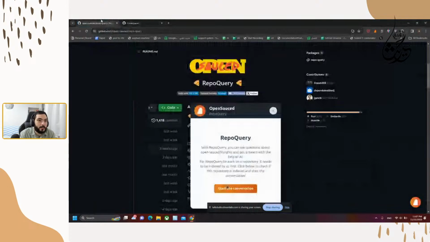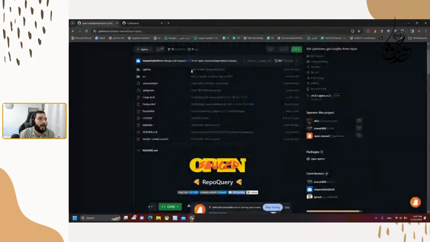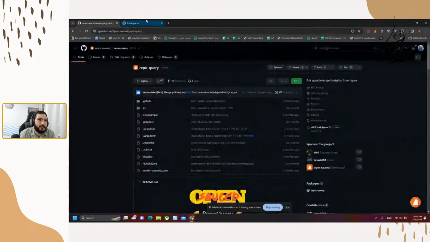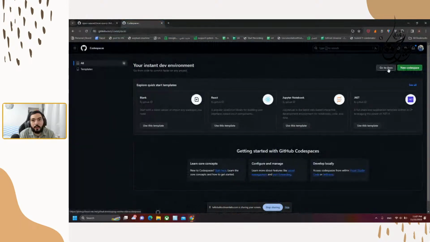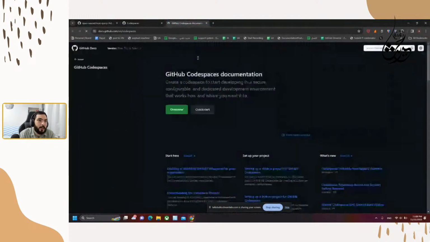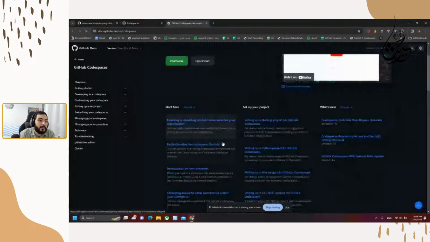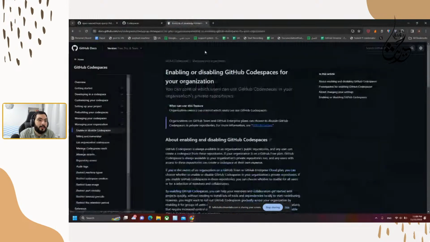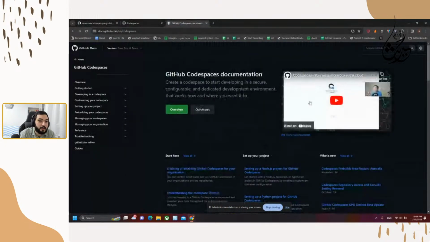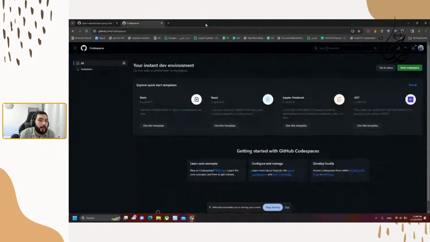So to start with this, you can start with Codespaces in different ways. You could just go to github.com/codespaces and create a new one. You could check the docs for that and see what you can do with this in the organization and everything that you need for Codespaces. You could even have some kind of tutorial here where they explain it to you, and the other thing that would be interesting to you is the Codespaces extension on your